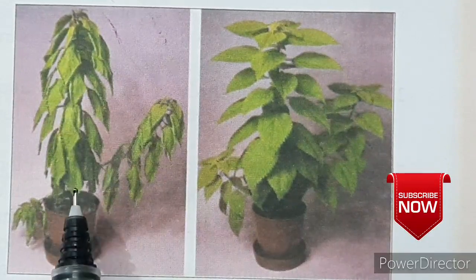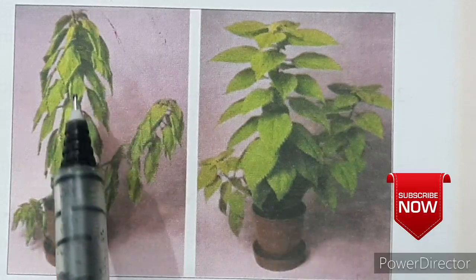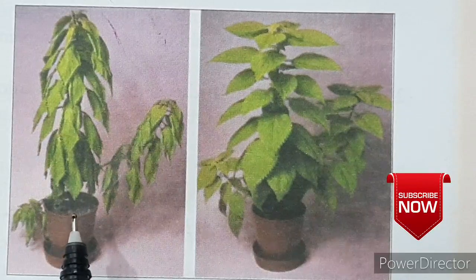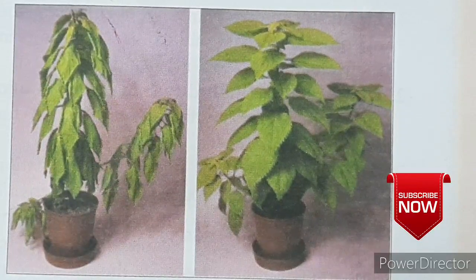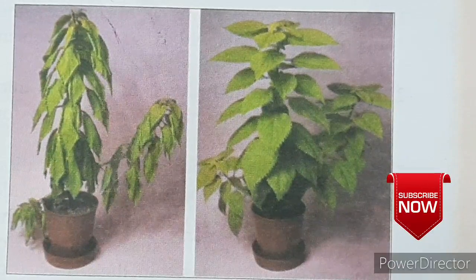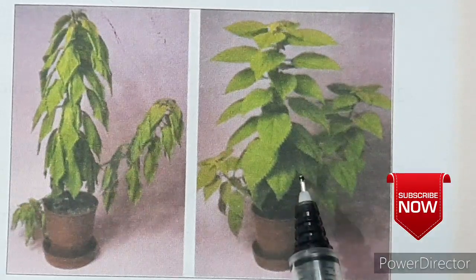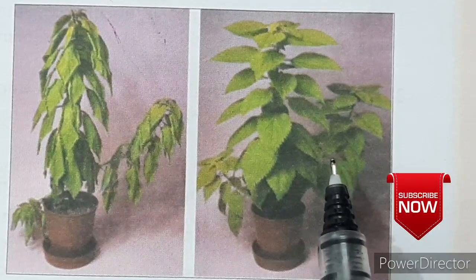This is a wilted plant and this is a normal turgid plant. When a plant has drooping leaves and stem, it is said to be wilting. This is caused when the transpiration level is very high. In other words, water output is greater than the water input. The plants reduce the risk of wilting by closing the stomata. This is a normal turgid plant where the rate of absorption and the rate of transpiration is normal.